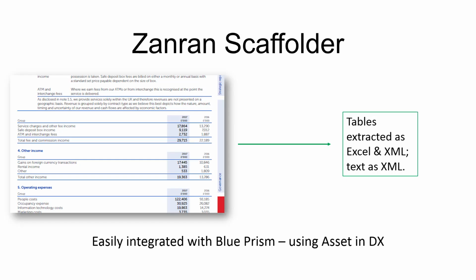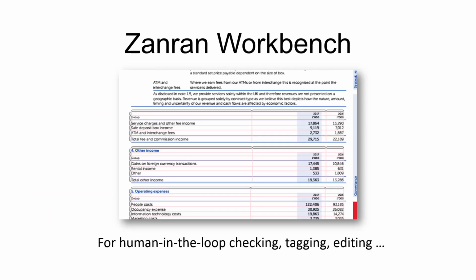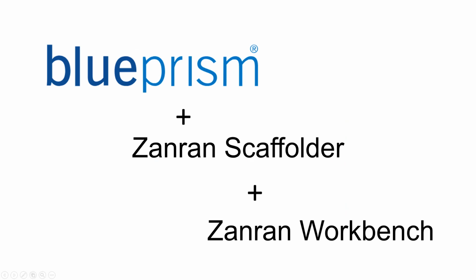So, to summarize, Zanran scaffolder software extracts text and tables from reports, like annual reports. Extracted tables can be in Excel or XML. The Zanran Workbench enables human-in-the-loop checking, validating and enriching content. Together, they are a powerful new toolset for Blue Prism